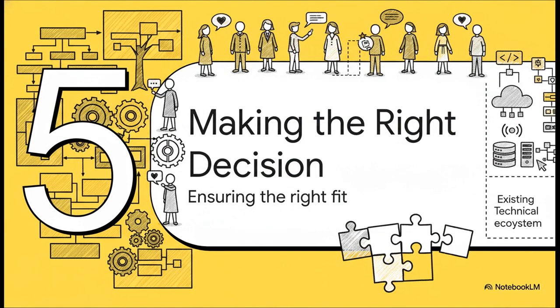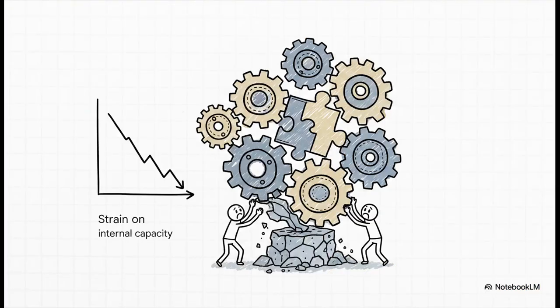So how do you pull this all together and make the right call? As we've seen, Breezio could be a fantastic choice for a very specific kind of association. But at the end of the day, fit is everything. The right choice for you will always depend on your strategy, your budget, and your team's real-world capacity. In all our years of consulting, one of the biggest mistakes we see is an association falling in love with cool features, but completely overlooking the practical side of things, like integration or the internal workload. And let me tell you, choosing the wrong tool isn't just a line item on a budget. It can set your entire member engagement strategy back for years.